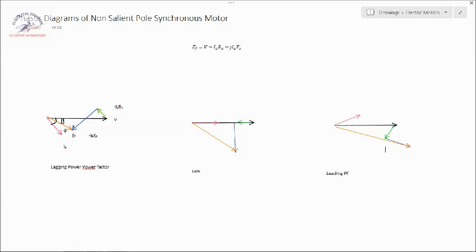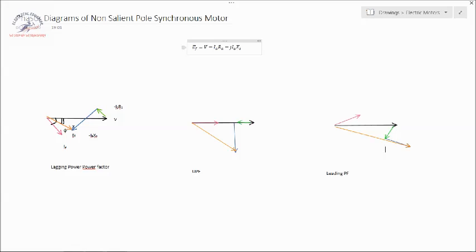Okay, so I hope these phasor diagrams are clearer to you. So try practicing these diagrams properly and use the basic concepts, where is what lagging and what is leading. So I'll repeat the conventions. If I have vector V here and I go in the anti-clockwise direction, I meet vector I, then it is lag. If I go in the clockwise direction, I meet vector I here, it is lead. In an inductor, current lags, so voltage has to lead.